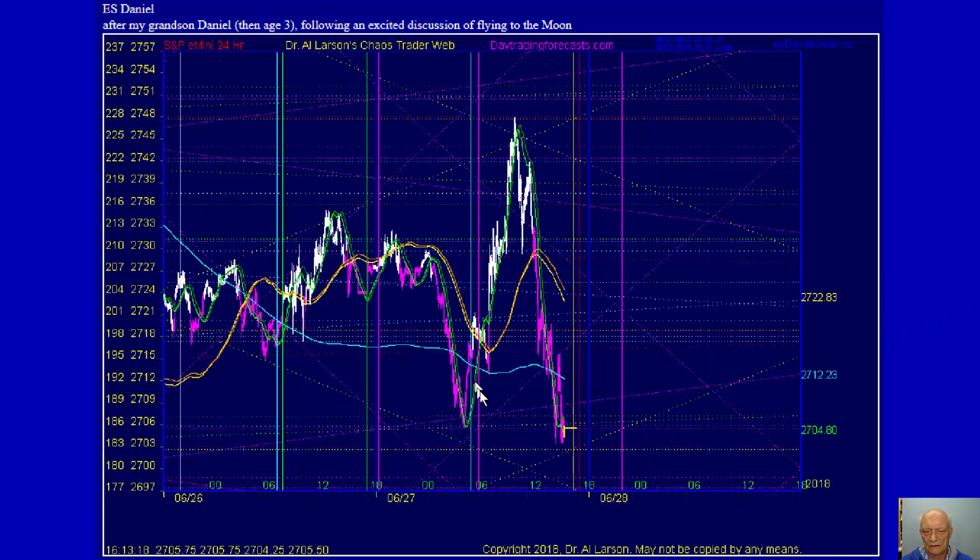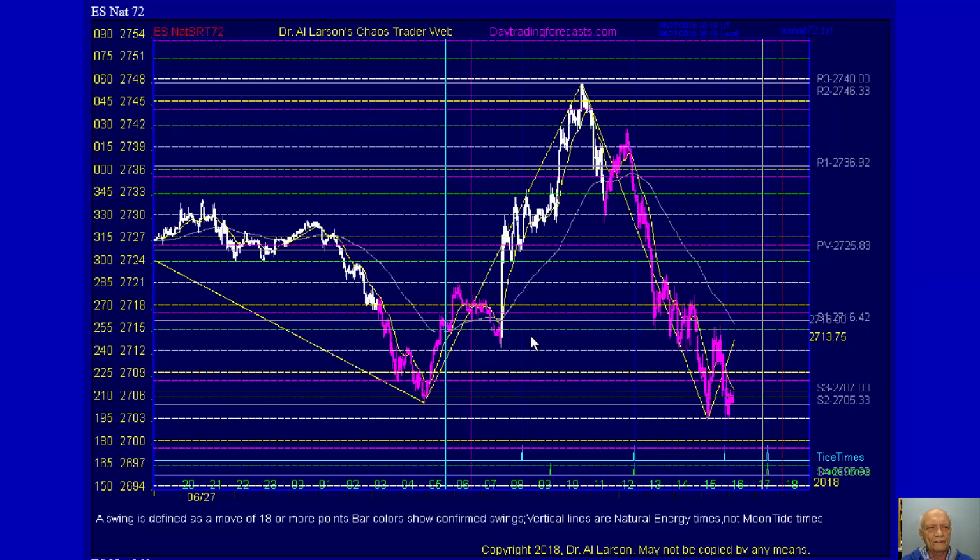Okay, but main point here is that I could anticipate high volatility because I've watched this chart for many years, and I've noticed that on days like this, we often get high volatility moves. Now, also on